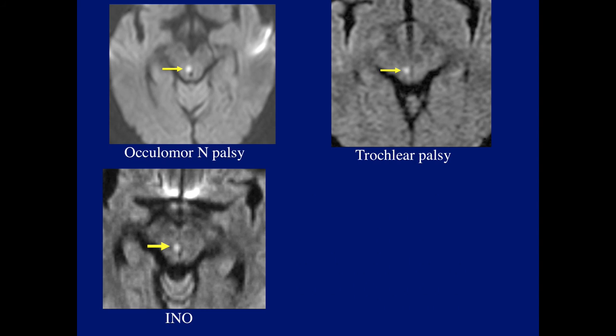Okay, now, why did I want to talk about INO and the MLF? Because here's the issue. Here's an oculomotor nerve lesion, a trochlear nerve lesion, and an MLF lesion. I think it's impossible to really differentiate each one clinically. So already it's a huge success if when we read the cases we at least point out what the lesion may be. And you need the clinician's help or look in EPIC to try to see which of these three possibilities is the most likely, because they all look the same.